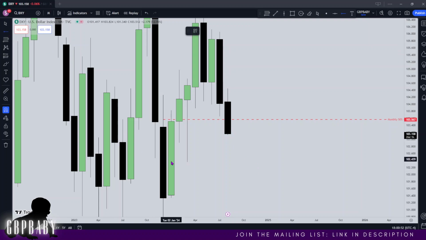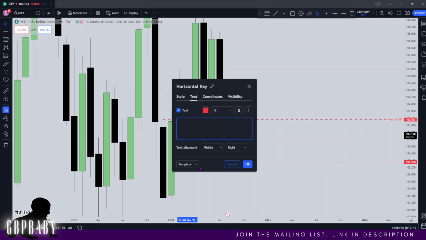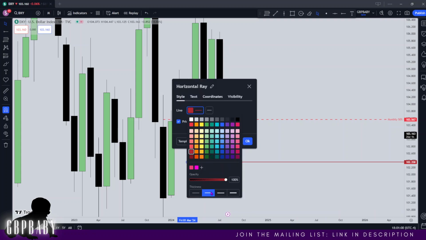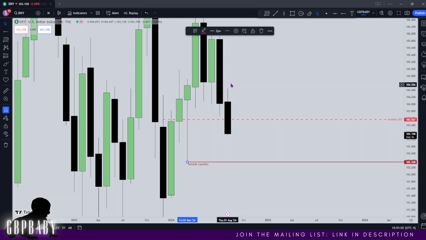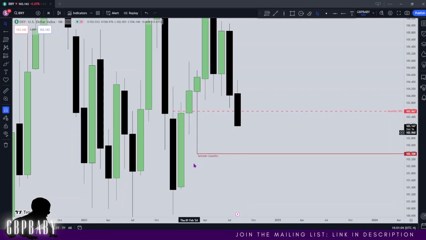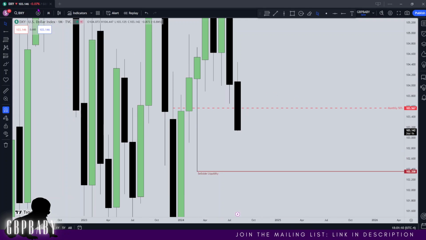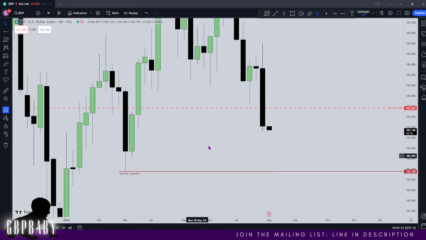In terms of targeting, I do want to see price draw towards this low. It doesn't mean it necessarily has to reach there this week. It doesn't necessarily have to do that. We have like 3 weeks of August left. However, this is my general draw on liquidity, so that's going to help us ideally stay on the right side of the market. So based off that now, we can drop down to the weekly,